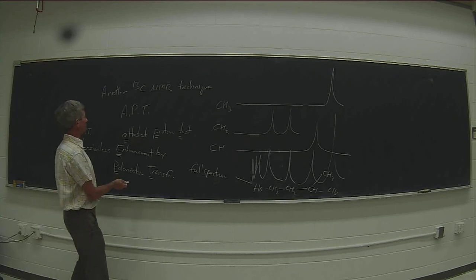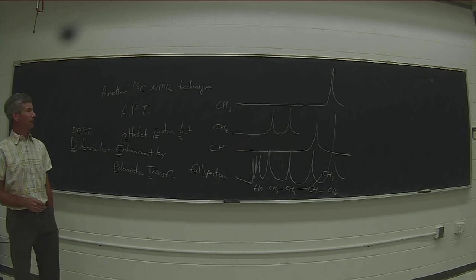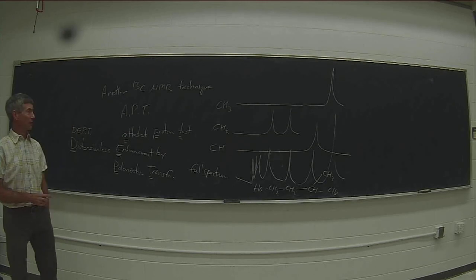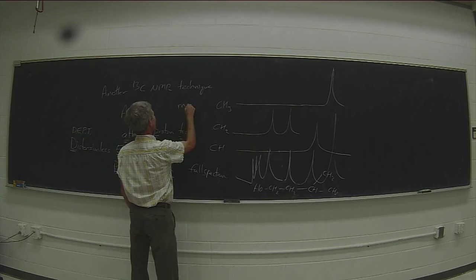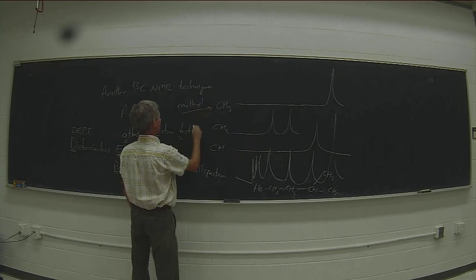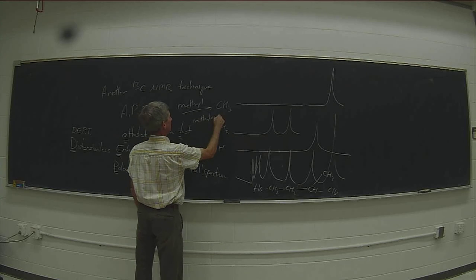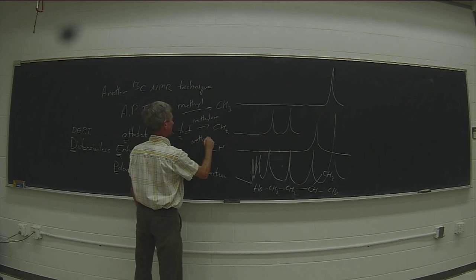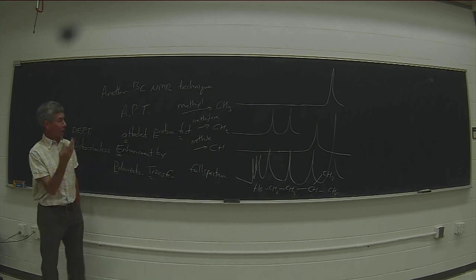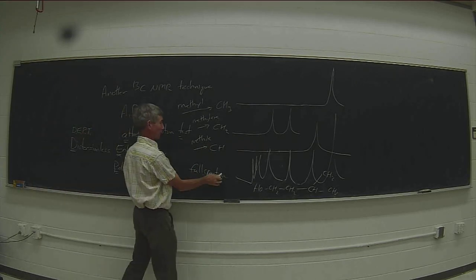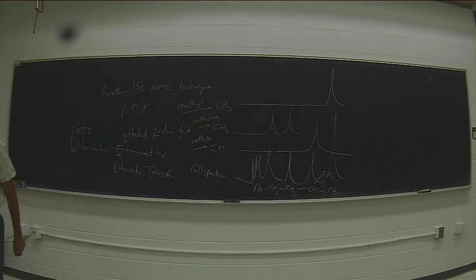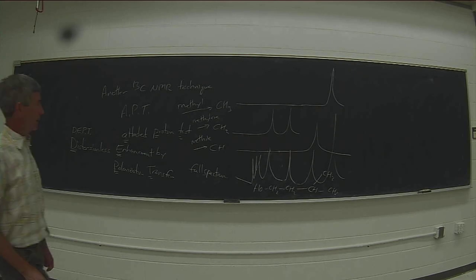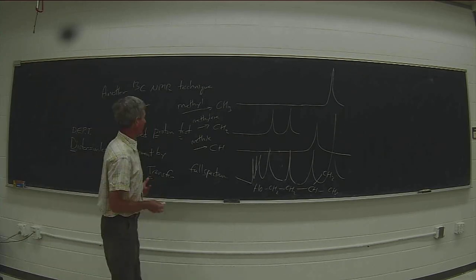So you may have the opportunity to run the attached proton test in the second semester course when you're running the NMR, which will help you to identify the number of hydrogens: methyl is CH3, methylene is CH2, and methine is a CH. If there were any quaternary carbons, they would appear only in this whole spectrum and not in any of the other spectra. So carbon NMR is useful for symmetry, and by using some fancy carbon NMR